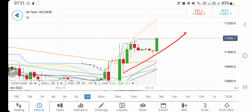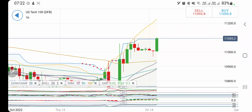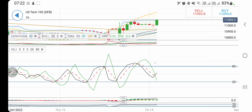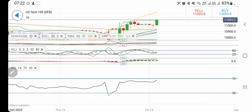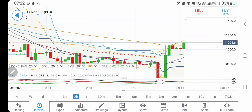Now look at this, what it is trying to trade into. It is trying to trade in this bullish channel, and probably the highs there at 11,200 cannot be denied if it continues to trade this. See, this is a bullish breakout, first green candle. Successive red green candles can also be expected. Directional movement again diverging and bullish. Stochastic is at bottom trying to bounce back from here, and the MACD is again bullish. It has reached a level of 50. Let's be careful there. RSI looking upwards, and if you look at the 2-hour charts,